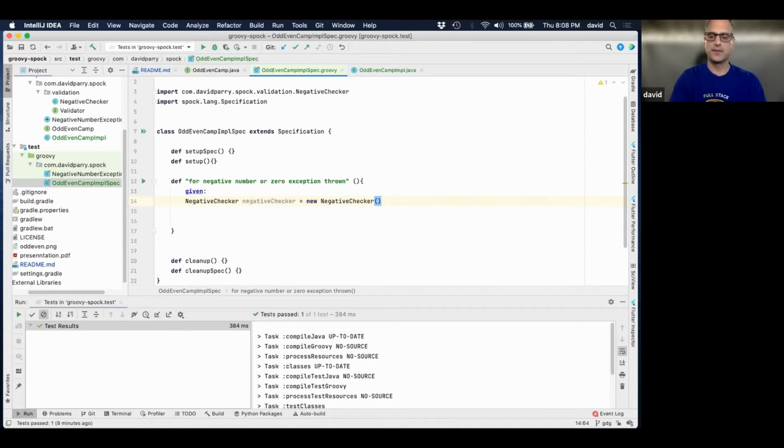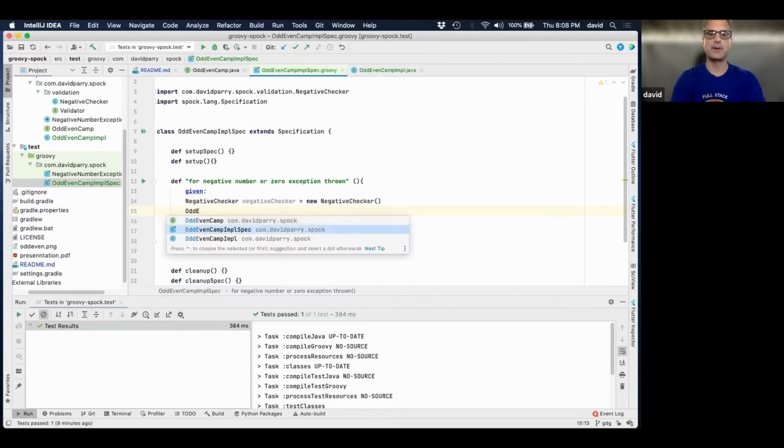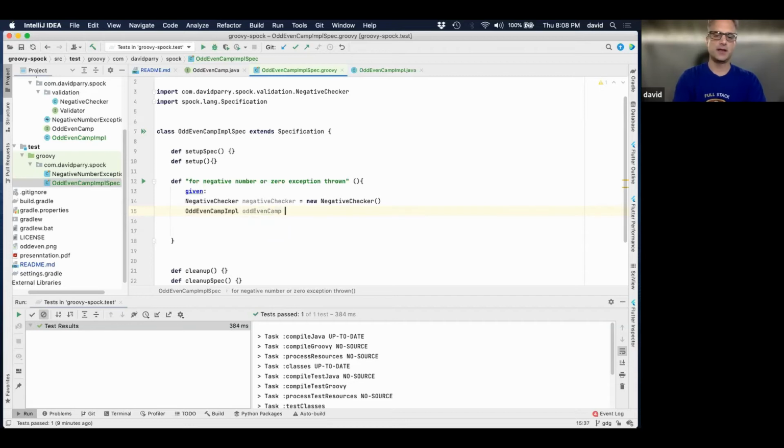Now, in Groovy, if you're a Java person, you don't need semicolons here. So I can put them there, but you don't need them. And now I'm going to do my odd even camp impl. I'm going to say odd even camp equals new odd even camp impl negative checker.